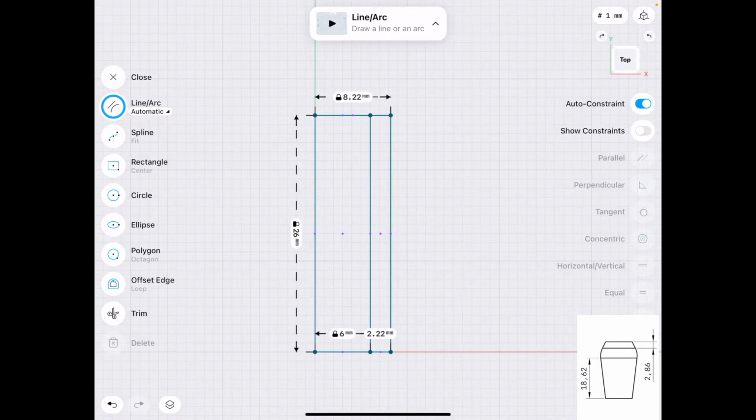But then there's an area where those two lines are joined by a curve. And I know what the distance is for each of those straight diagonal lines. So 18.62 is one. So I'm going to start from the bottom,